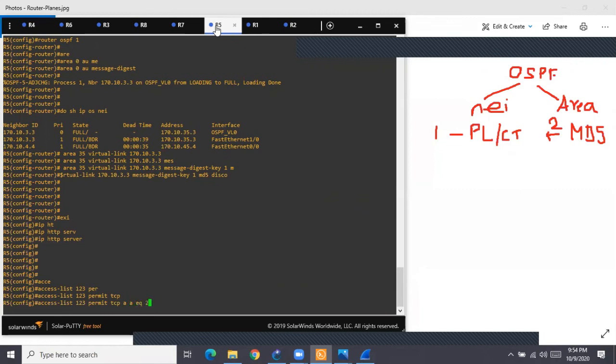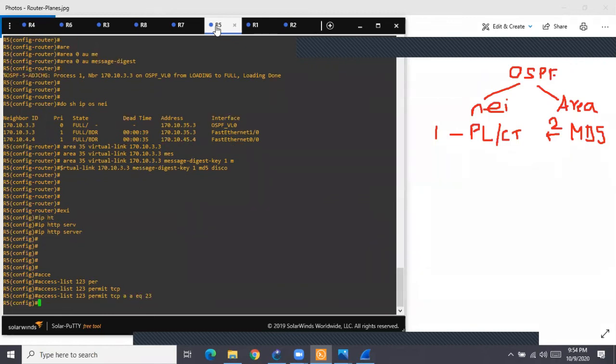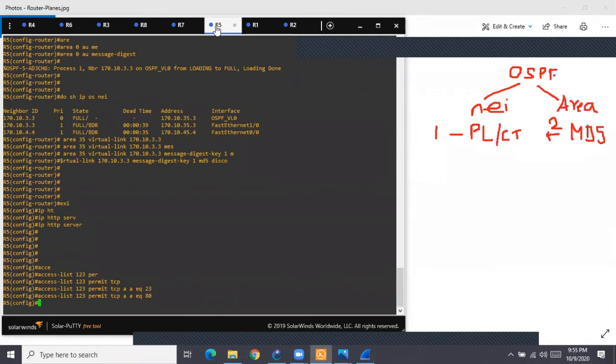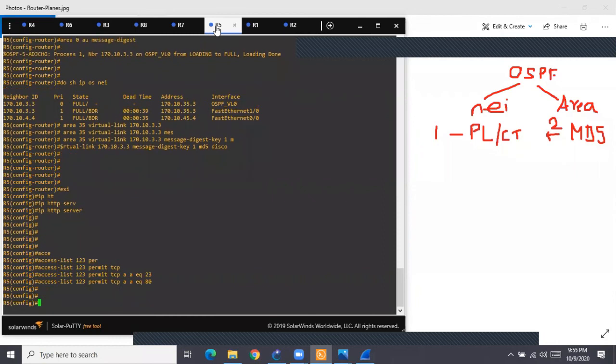Which application? Telnet. Then the second application is HTTP. Finish. See my access list, so easy. Only two statements, one for telnet and one for HTTP. And in the source and destination I don't care, I say any source and any destination. I'm not bothered.